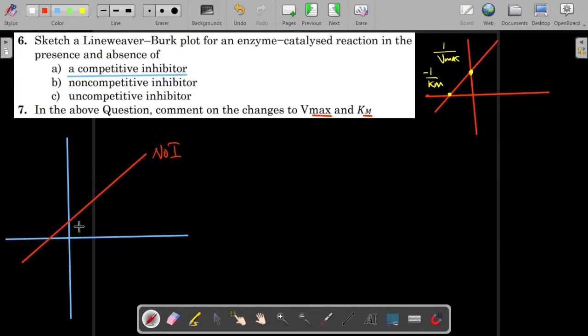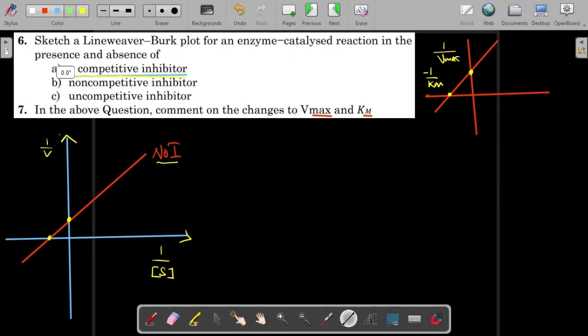Here, I have my 1 over Vmax, and here I have my minus 1 over Km. So what happens when I add a competitive inhibitor to this reaction? Note that here we have 1 over V, and here we have 1 over substrate concentration. This is the normal line there without any inhibitor. So immediately you add, let me plot that in green,